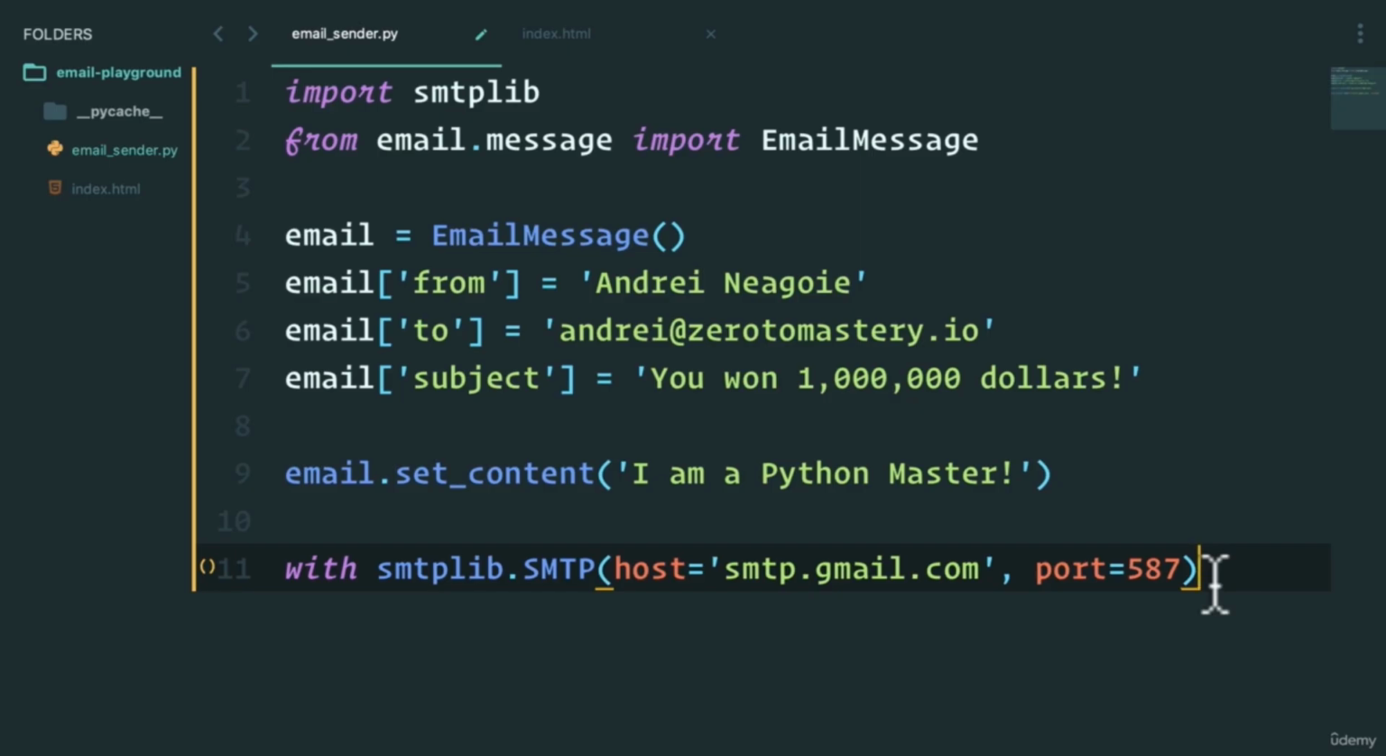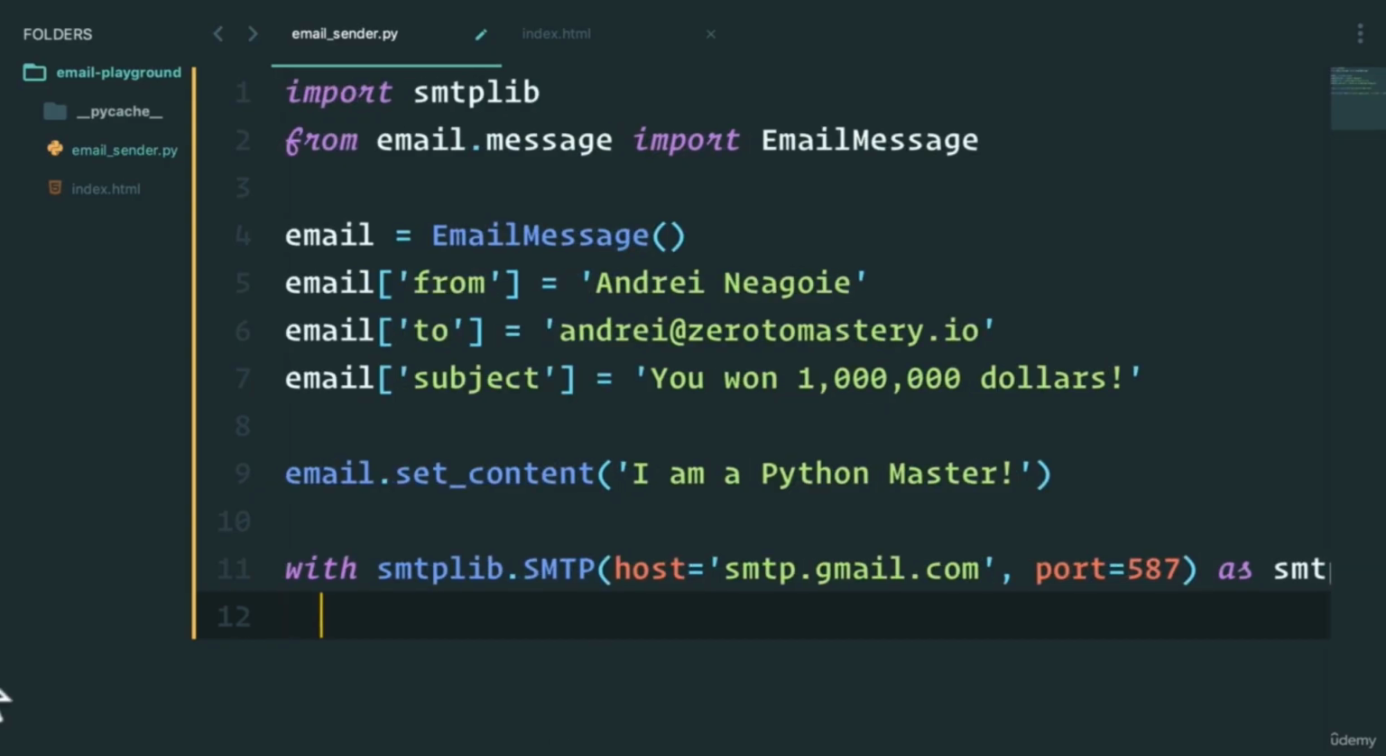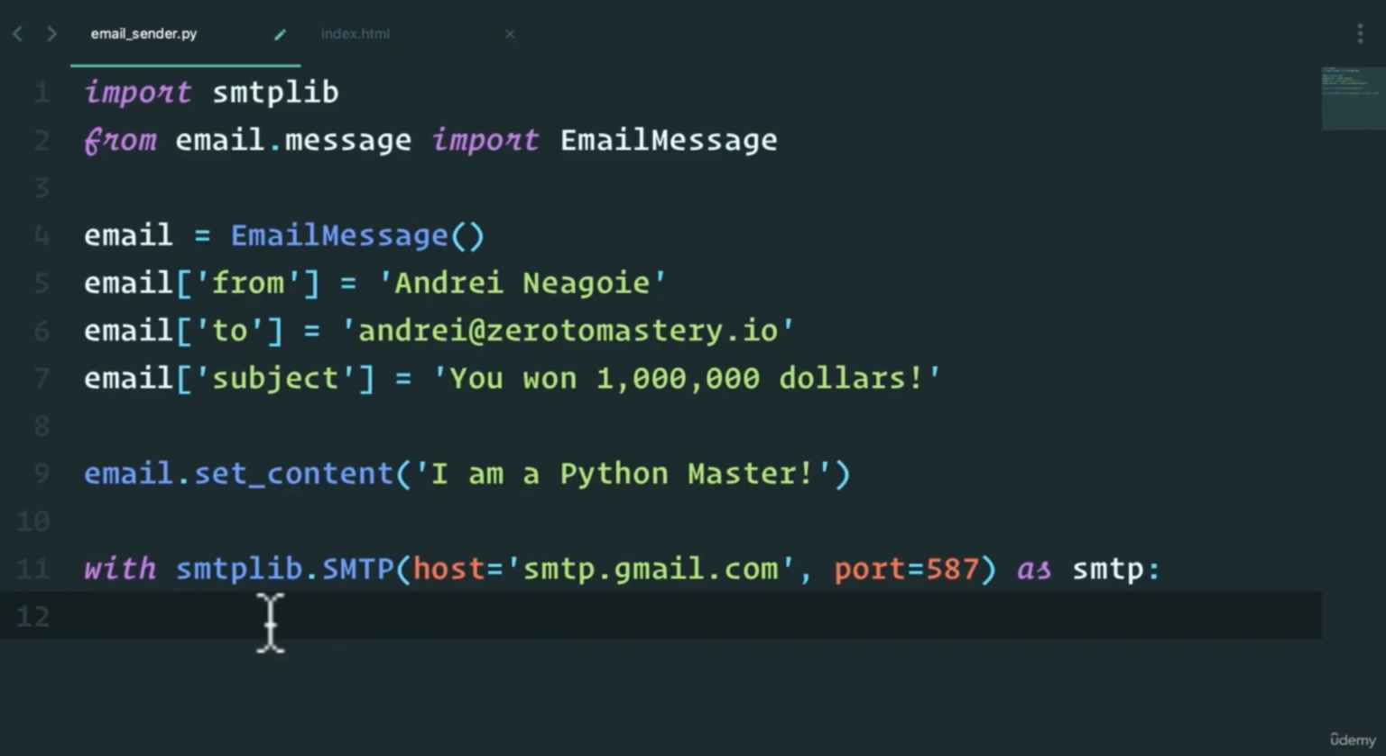We're going to say with this host as SMTP, because we're going to use this now. Let's make this a little bit bigger so you can see. And in here, this is the part that's going to look confusing, but again, you do it once, and once you do it, you have an email server that you can use. I'm going to say